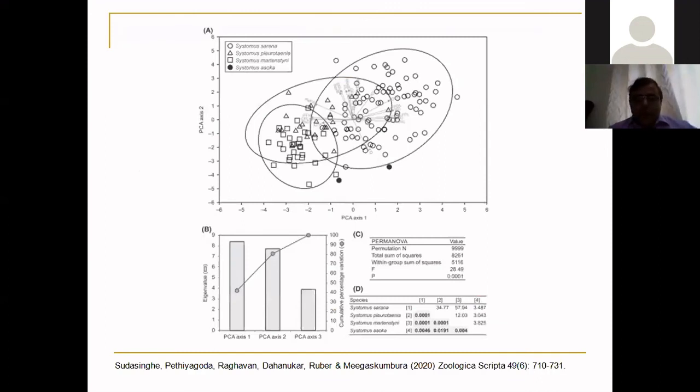Okay, so here we did the same thing. We plotted PCA first, but our data was not multivariate normal, so we used PerMANOVA, and in PerMANOVA we found out that each of the four species over here were significantly different from each other, and these are the p values for how different they are. So we did a PerMANOVA to show that at least one of the groups is different, and then we did a pairwise test to look at how each group is different from each other.